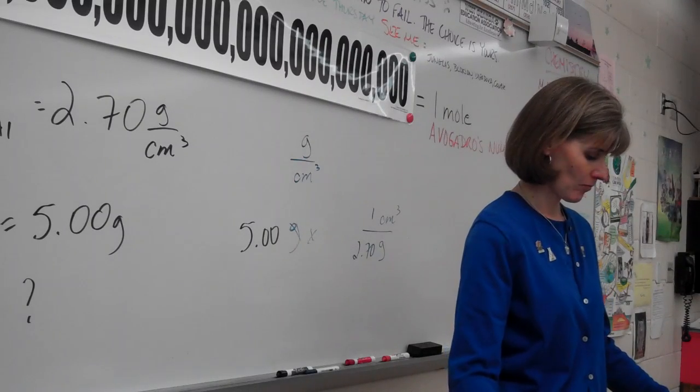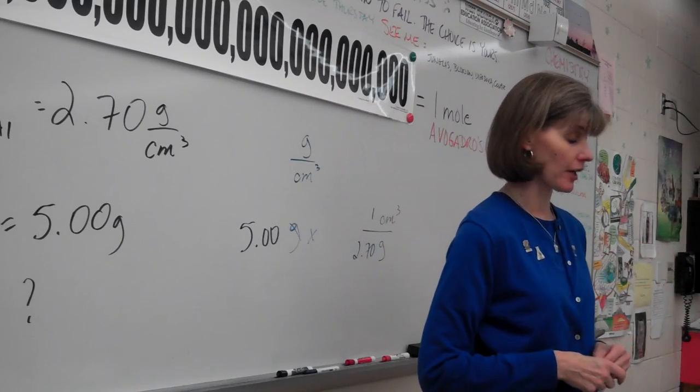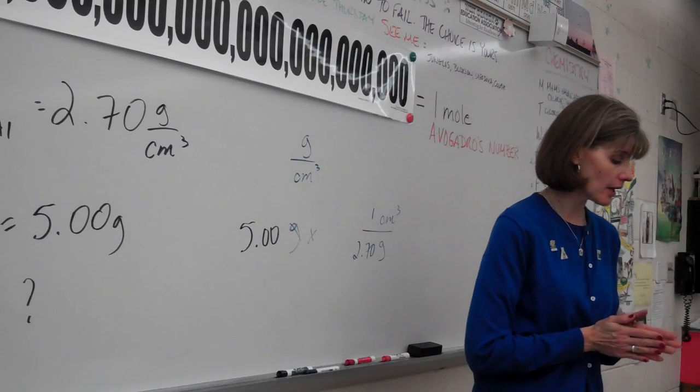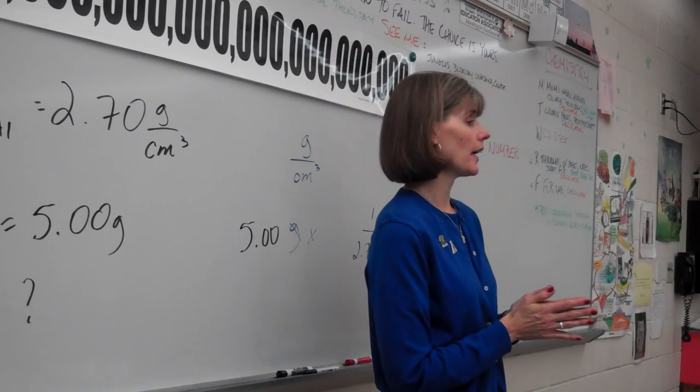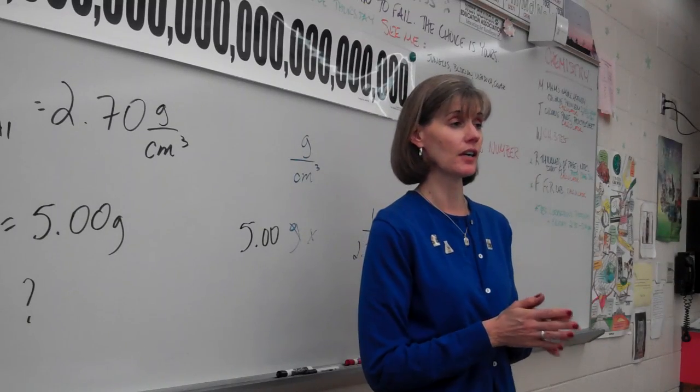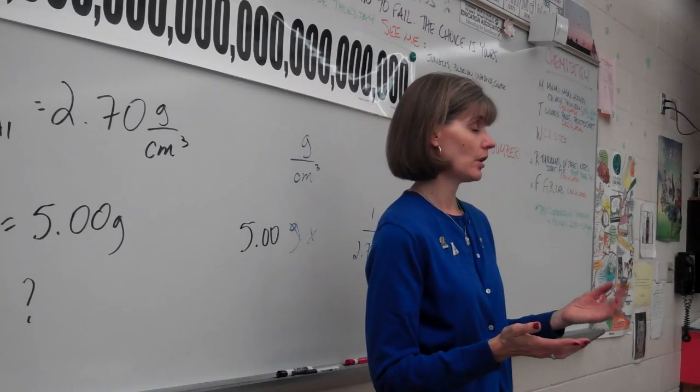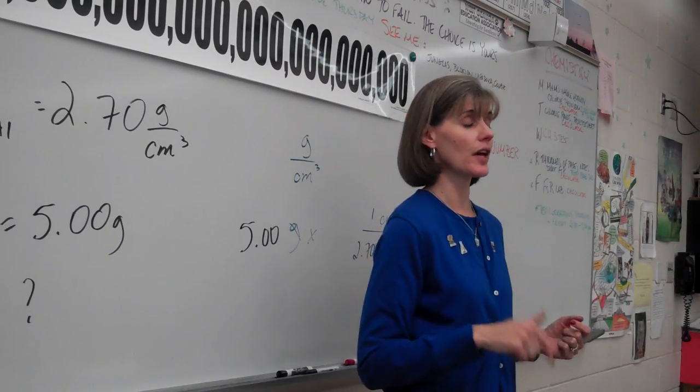29 is going to combine a couple things. You're going to be given volume and mass, and you'll be asked to find density of a substance. You're also going to be given the accepted value